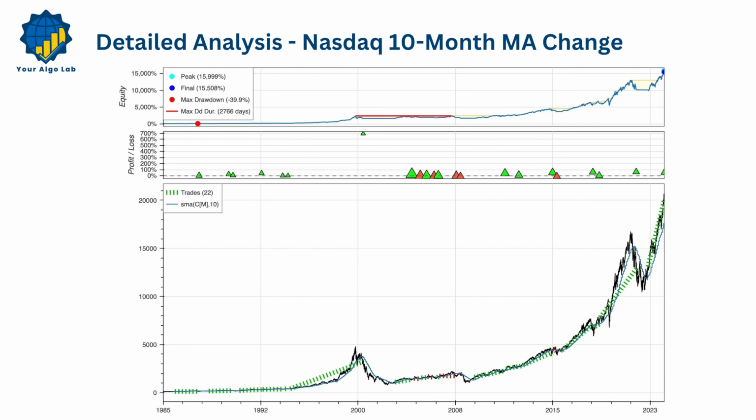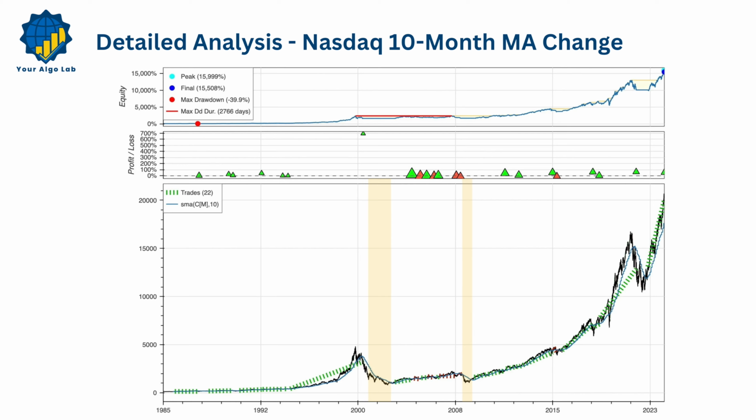Let's examine some of the top-performing strategies in terms of risk-adjusted return, beginning with the 10-month MA change on the Nasdaq index. This strategy effectively captured significant uptrends. Notably, the strategy did well at avoiding large drawdowns, particularly during major events like the dot-com bubble and the 2008